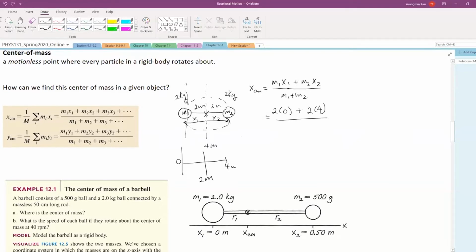And then you divided this by the sum of the two masses here, and that is equal to 2 meters from the center. So this is a useful formula. Now let's expand that. That was for two objects. And now you can also imagine if you have many more objects, say another mass here, another bigger mass here,